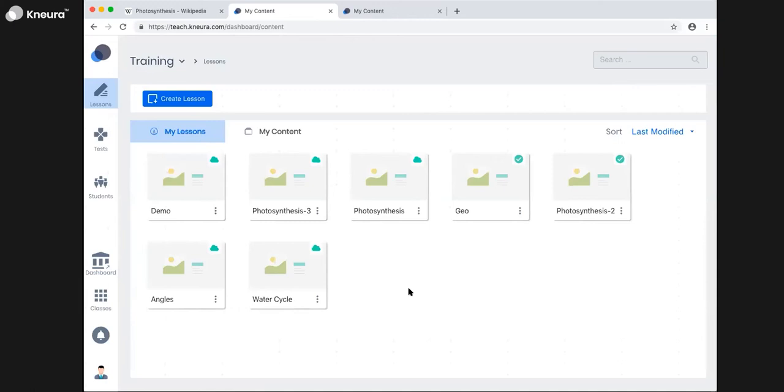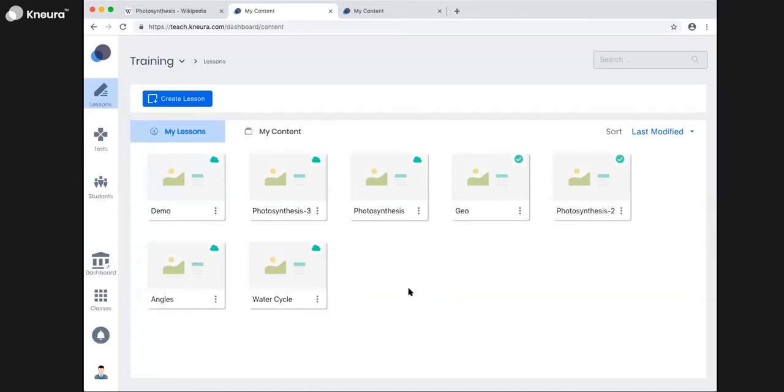Okay, so the next part we'll be looking at is how this tool will also help in teaching, not only managing your entire institute, creating a virtual copy of your institute, not only creating content, not only managing the content for the institute, but also how this same tool can be used for teaching as well. So let's say I've been teaching photosynthesis. Let's say this is the third session that I'm taking.